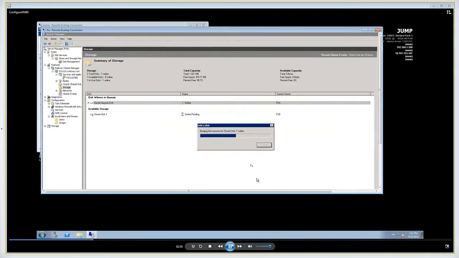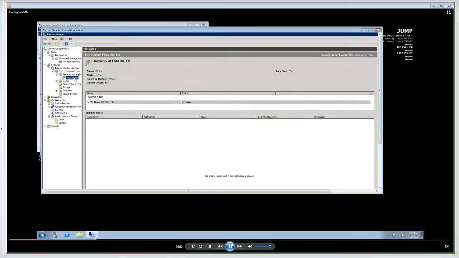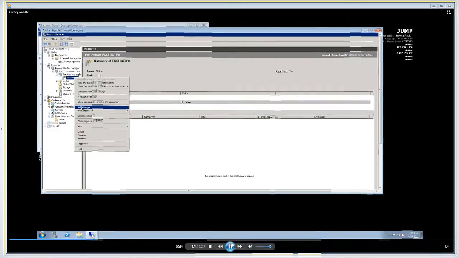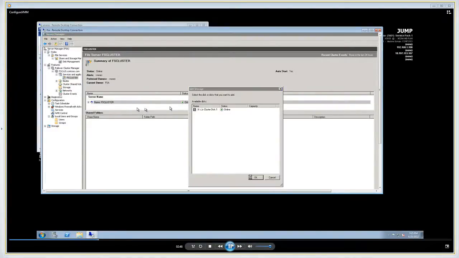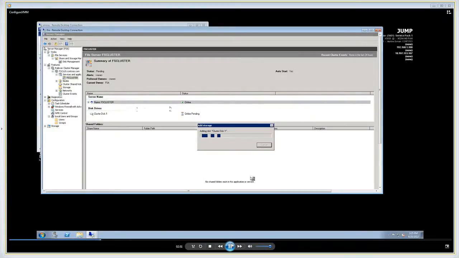And once that disk is added, okay, now we're going to right-click on the cluster here, and we're going to say Add Storage. Check off that additional disk here. Once that's added in as storage,